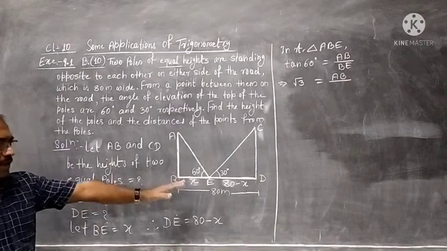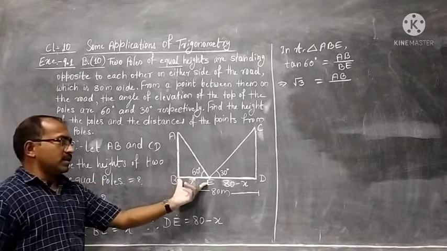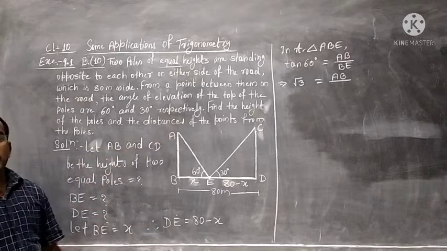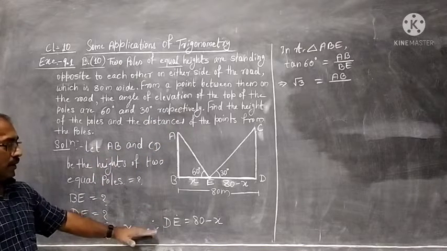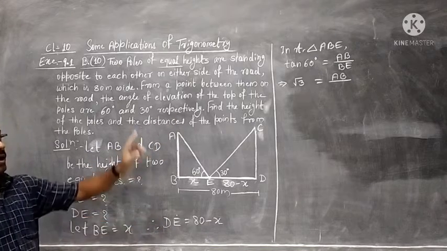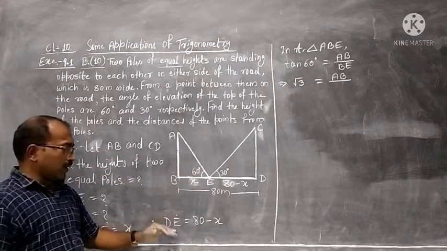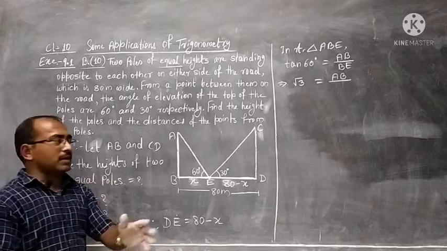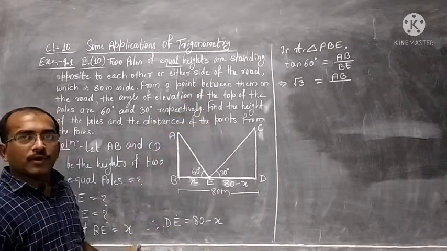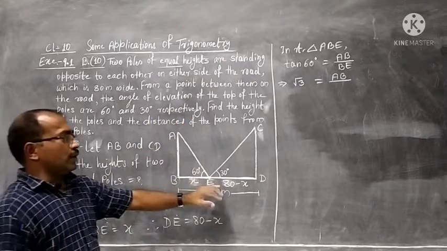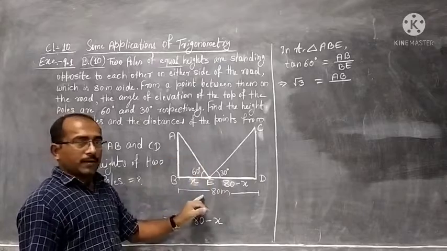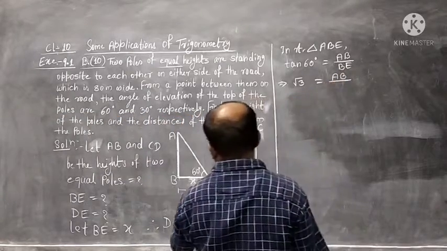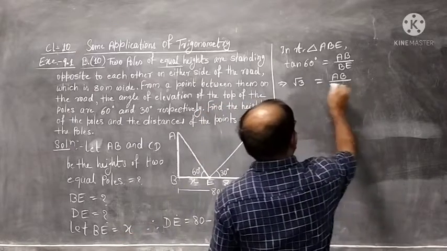By taking this x and 80 minus x, the distances of the point from both poles, our solution will become easy. That is why I did not tell you this at the start, but reached there and then brought it back. When you start the solution, you go this way continuously. When you are practicing, you do not go there and come back; I have brought you back just to explain. Alright, B we have assumed x, so we will use x.